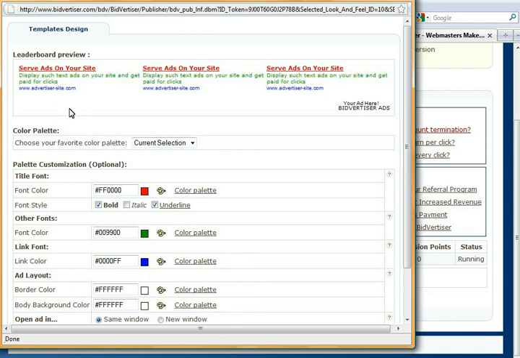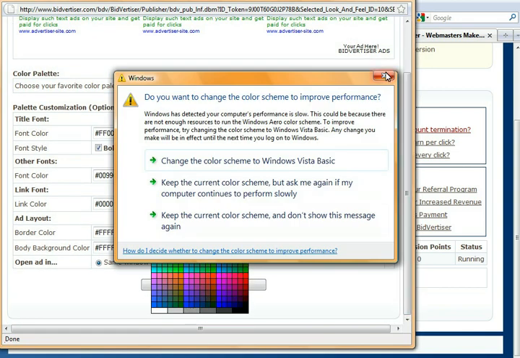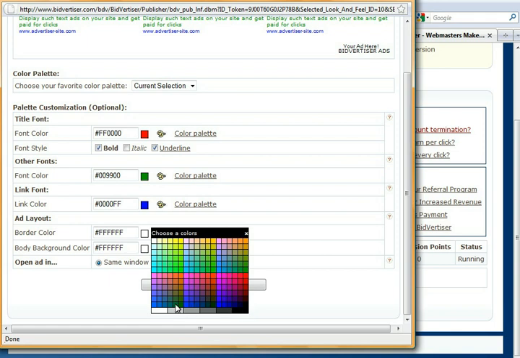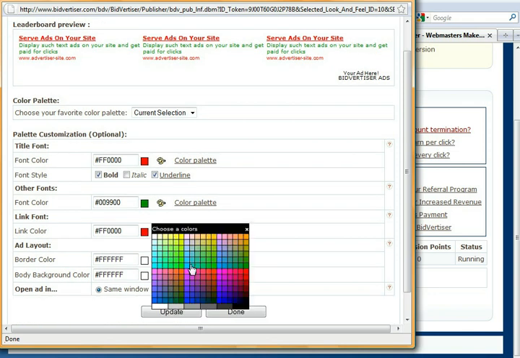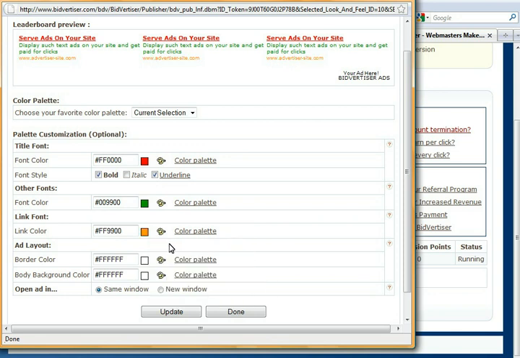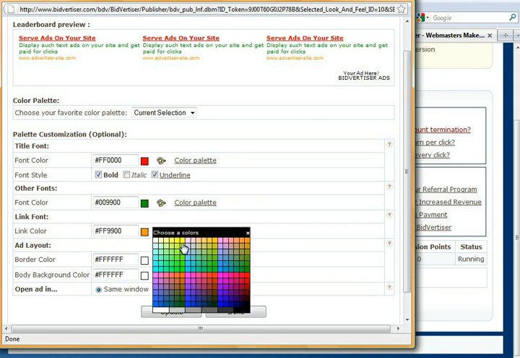Click this one, and the link color you can change to red. This is also anything you can choose.